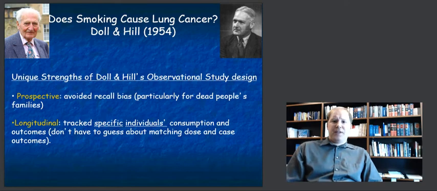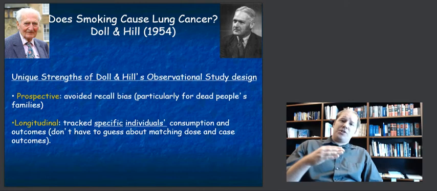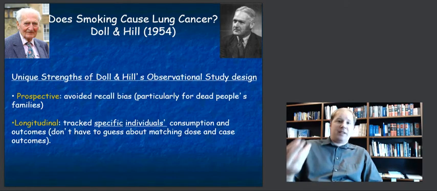Obviously, this is an observational study, one that's weaker in design and strength than an experimental study, which would randomize and cause people either to be forced to smoke or not to smoke in random groups, and would actually yield us knowledge. Nonetheless, there were two strengths of Doll and Hill's observational study worth pointing out. Number one, it was prospective. It was a study that went forward and asked doctors, how much are you smoking, something that they wouldn't necessarily get wrong, and how much will you be smoking, where they were followed up with at intervals.